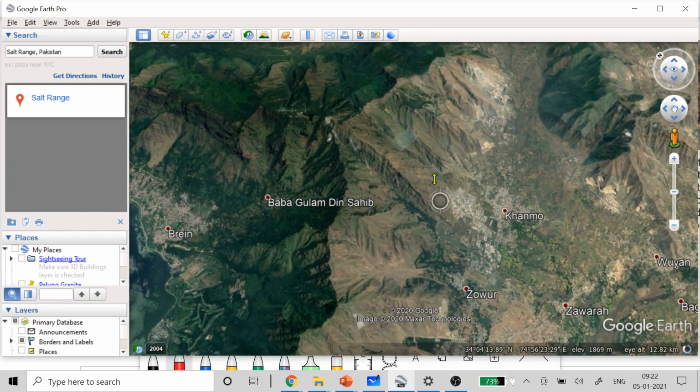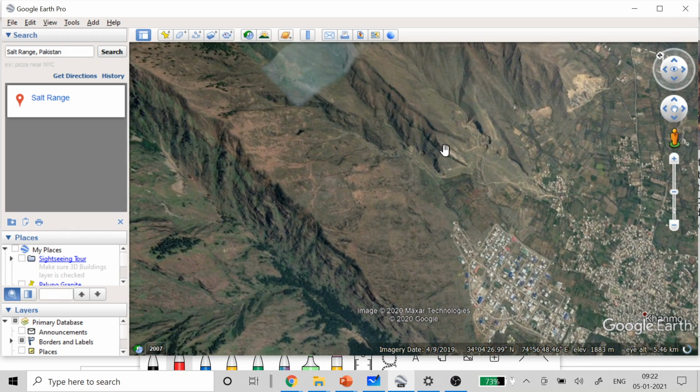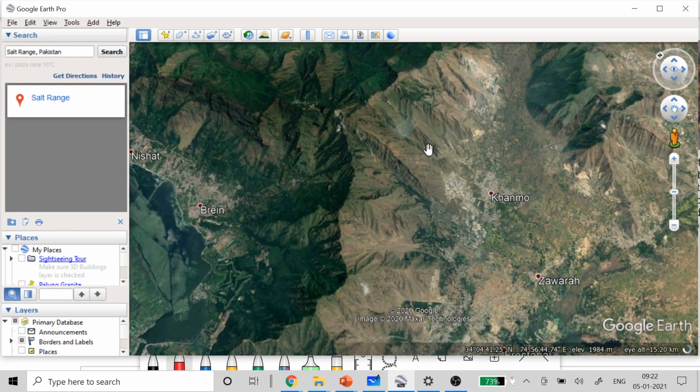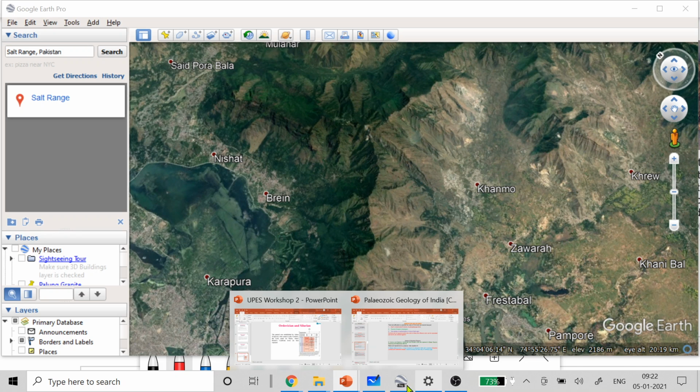I'll share this location on the course website also, because many times you study these things in Indian stratigraphy and they're actually very interesting. But once you just see text without any images or understanding of where these are located, the physical nature of this, ideally the best way is to go to the field, look at the character of rocks, maybe identify some fossils in there, and that's always the best. But still you should try to understand where you get these. So this again, the Guryul ravine section, is where you find